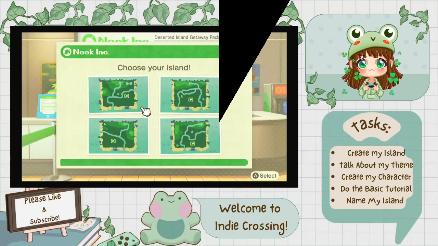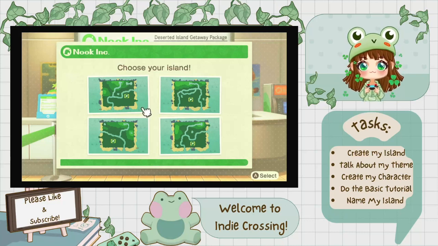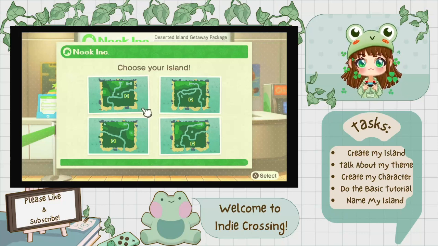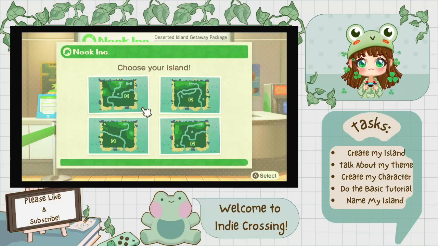All right, I think I found the perfect map. It's going to be the top left map. I like how far resident services is from the airport. I like the central secret beach. I like that resident services is central to the airport and is in line with it. And I think that'll give us plenty of room to terraform and create a really nice entrance for the island. I'm really excited about this map. So let's choose that one.